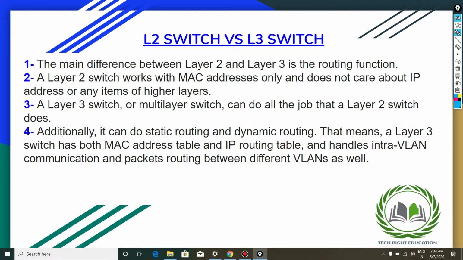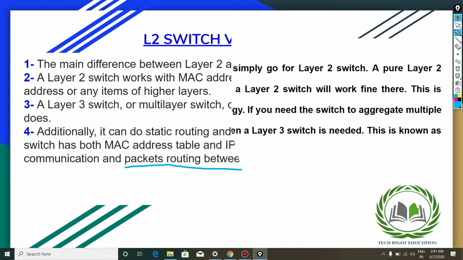Now what do we mean by packet routing between different VLANs? If we want to establish a connection between different VLANs, then we can use layer 3 switching, or we can say we can use layer 3 switches for establishing communication between different VLANs.